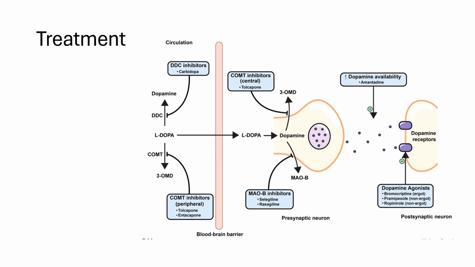You can see in this diagram that we have the blood-brain barrier here, we have levodopa here, and it generally doesn't easily cross the blood-brain barrier. You only get 10 to 20% of the levodopa crossing the blood-brain barrier, which is why when we give levodopa, we always combine it with a DDC inhibitor,